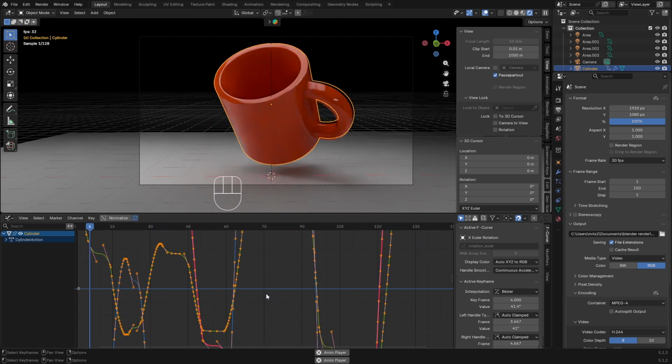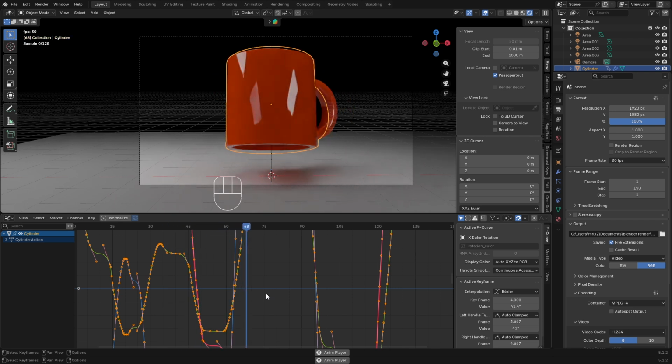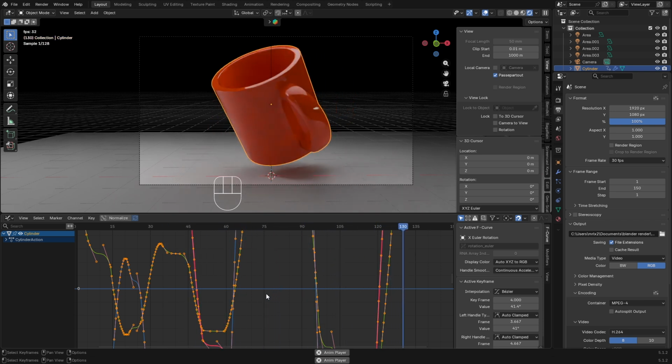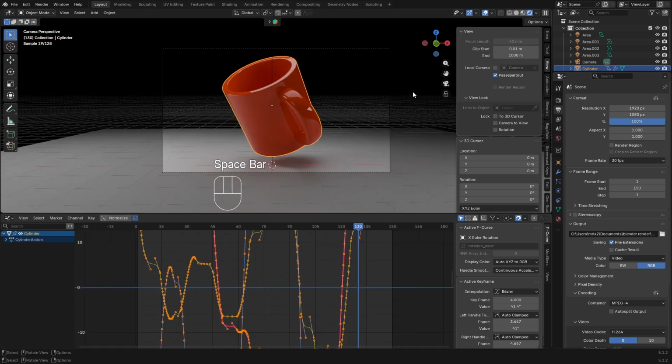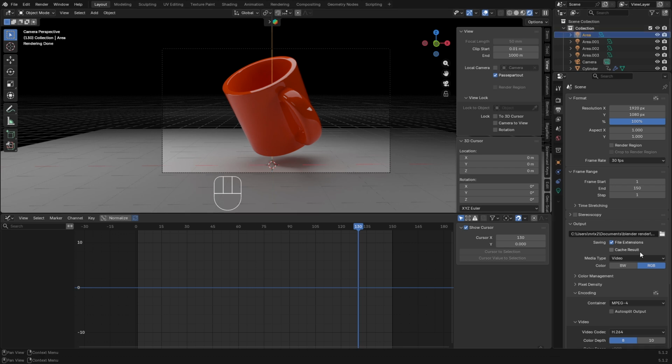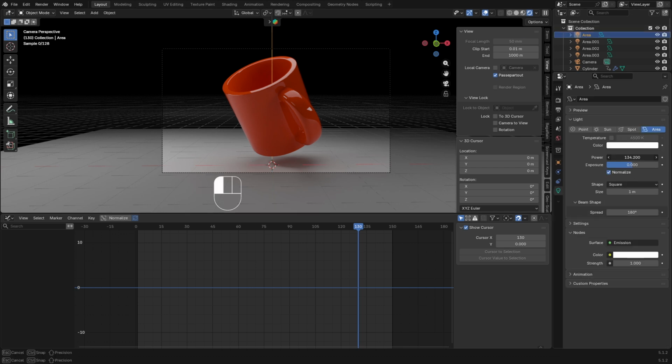So you see that our animation is playing softly, and increase the area lights a little bit so our render gets quality, and then render this animation,